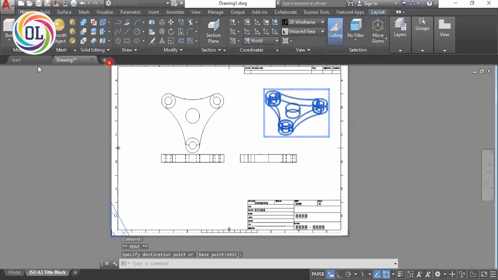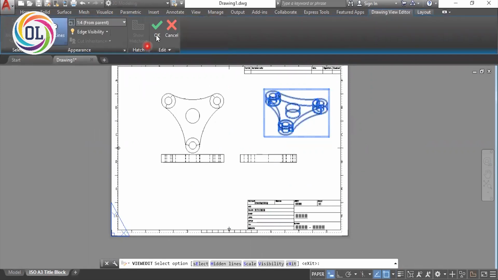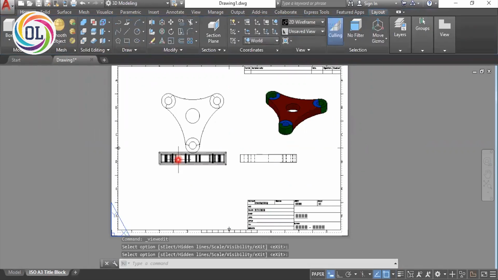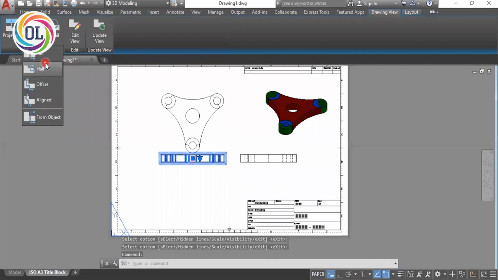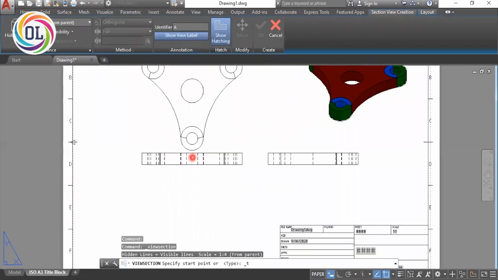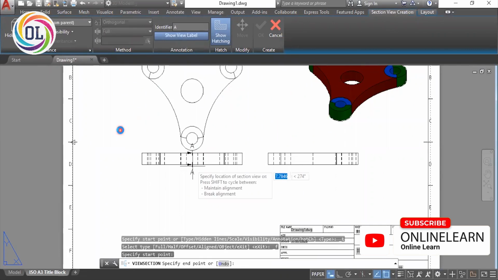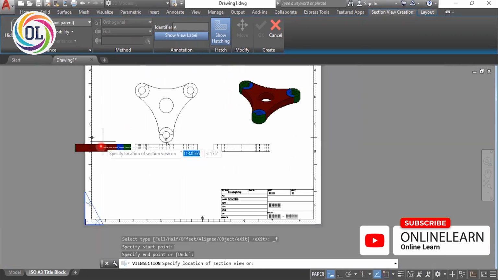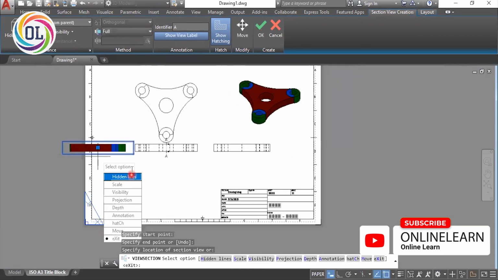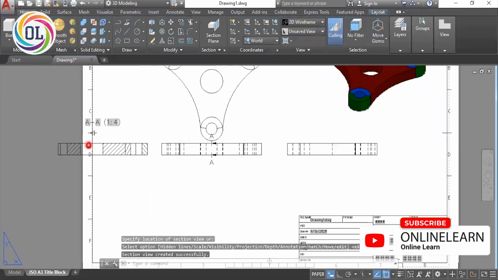We can also change this visual style. We can also create section views. So this is a section view of this front view.